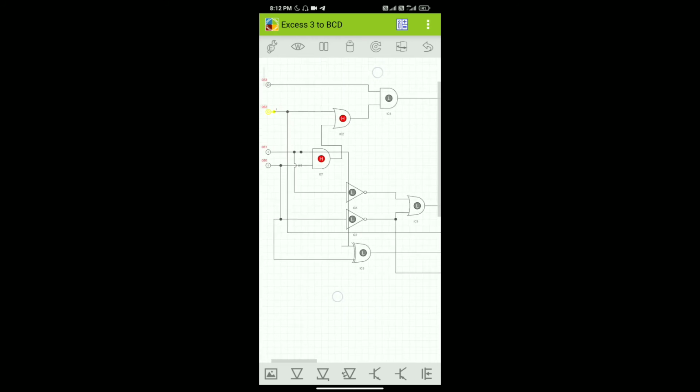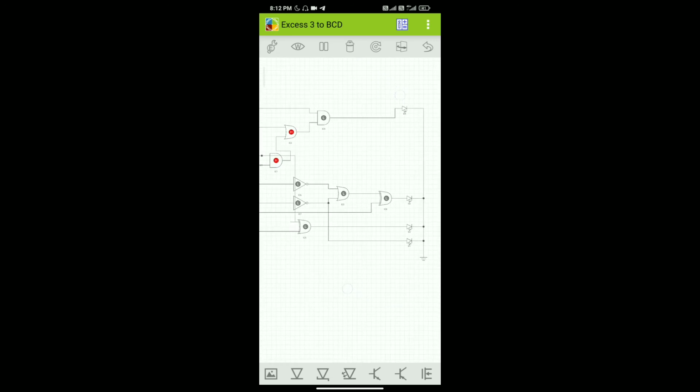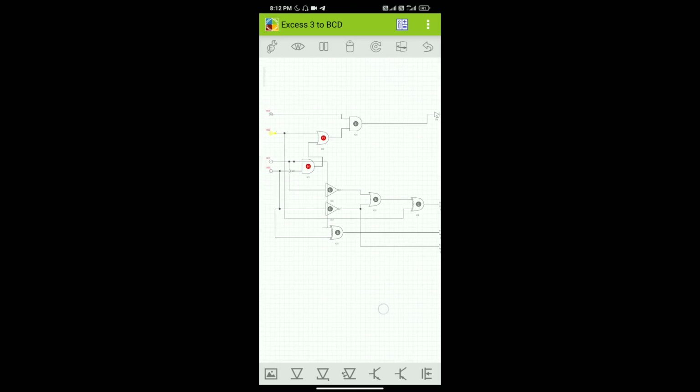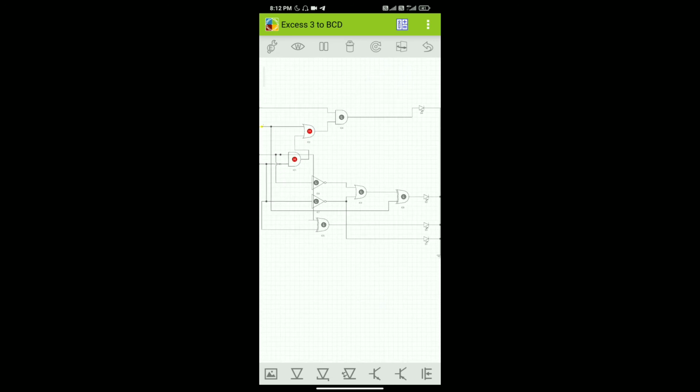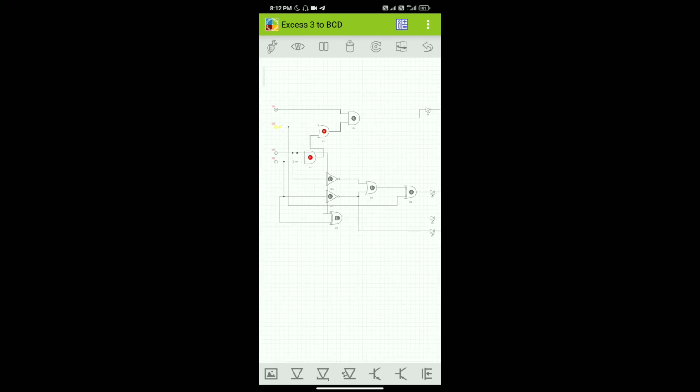We are getting 0. It means 0011 is the decimal number 3. Subtracting 3 from 3, we get 0. That is the BCD value of the XS3 code 0011. So we are getting it.